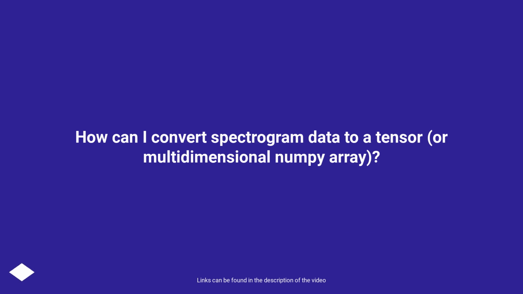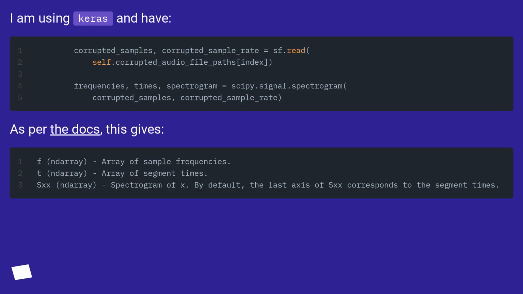How can I convert spectrogram data to a tensor, or multidimensional numpy array? I am using keras and have. As per the docs, this gives